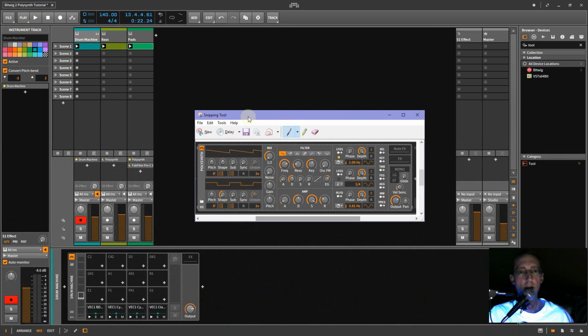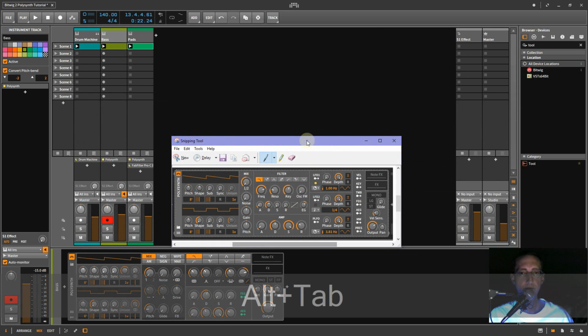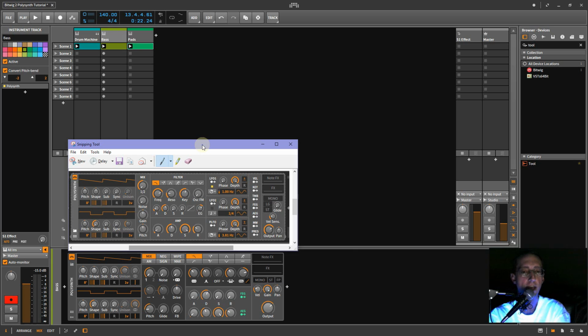In Studio 1, this is what polysynth used to look like. So we can kind of do a side-by-side comparison here. And you can see that it's actually a lot less cluttered now. It seems like there's a lot less features here, but there's actually a lot more, thankfully. So you can see that they've removed the LFO section, completely gone, and this expression section is also gone